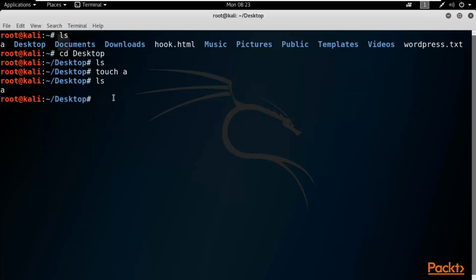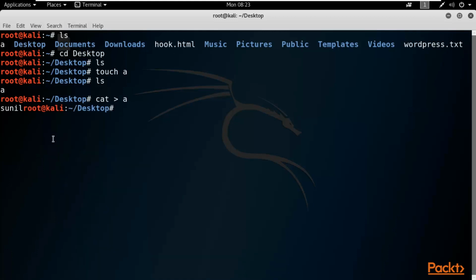Now for example, if I want to add something inside that file, for example, if I want to write my name inside that file, so how can I do that? It's very simple. You can type here cat, then this greater than sign, and then the file name, right, and hit enter. So now you need to type whatever you want here inside terminal and it will be saved directly inside that file.